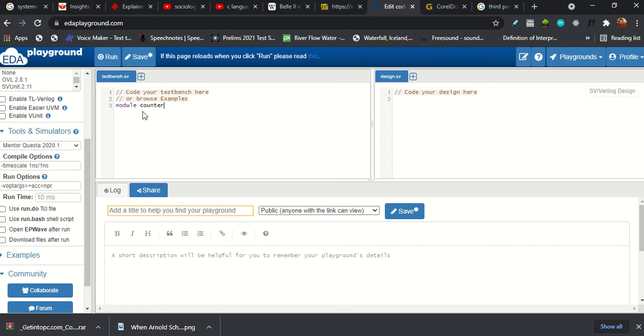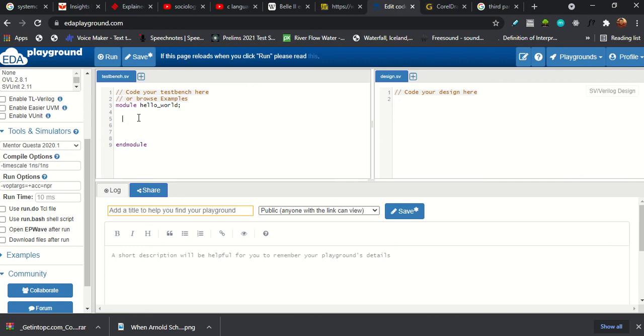Because we are not developing a counter right now, we will skip this and give our module name hello underscore world. Fine, and we will put a semicolon, and we will end the module. Every module ends with the keyword endmodule. In between the module and endmodule lies your code.